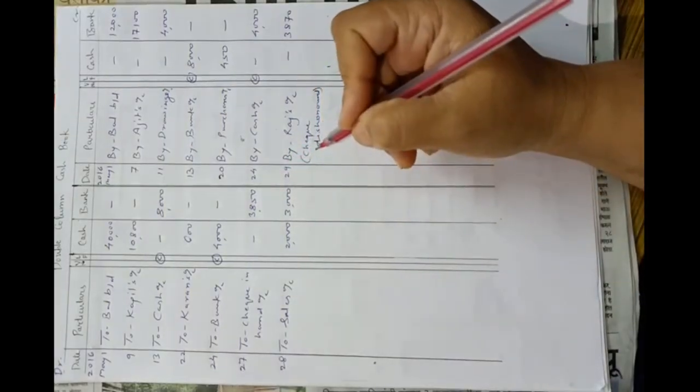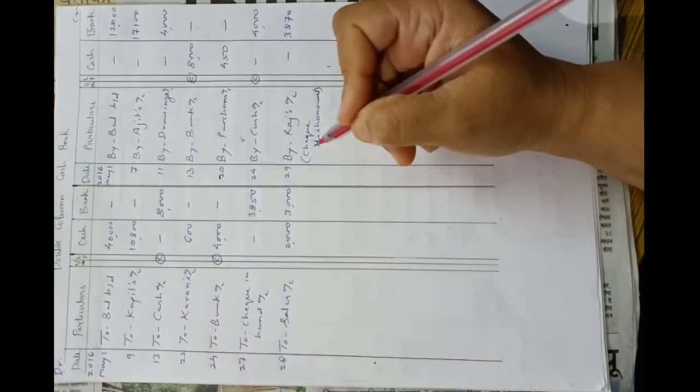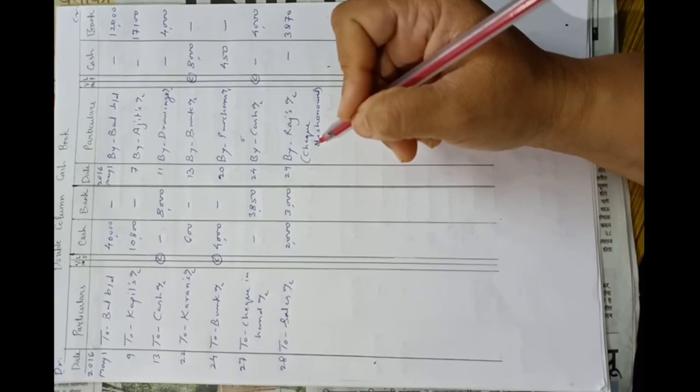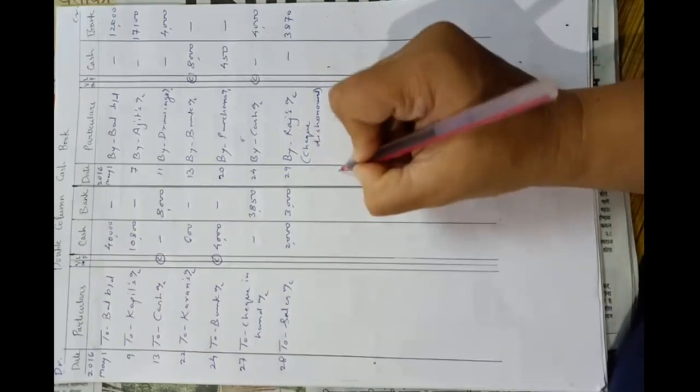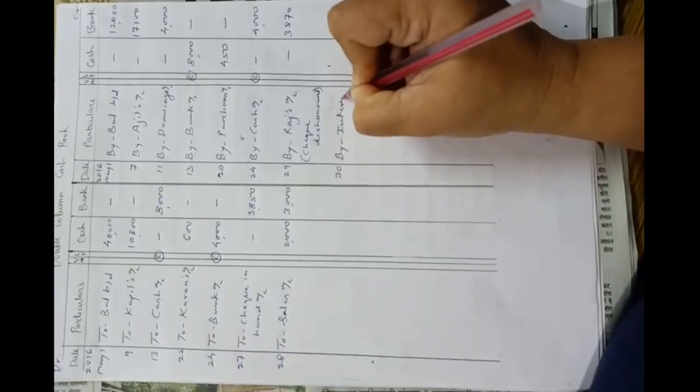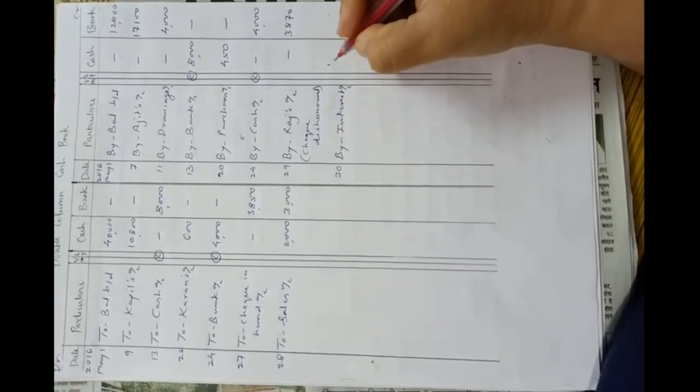Understood? Now 30th, interest debited by bank rupees 300. It means interest charged by the bank. So on 30th May, by interest account, amount will be in bank column 300. Okay, so now